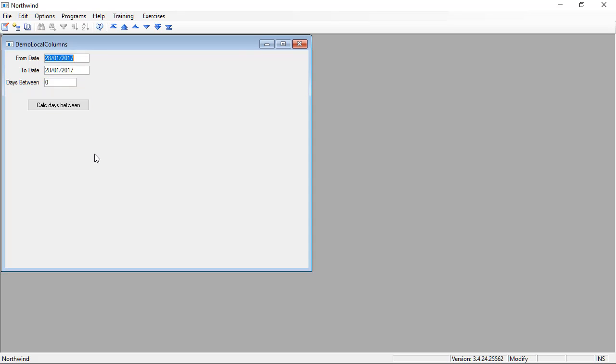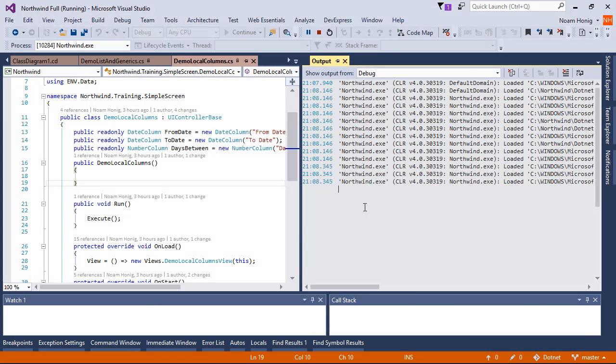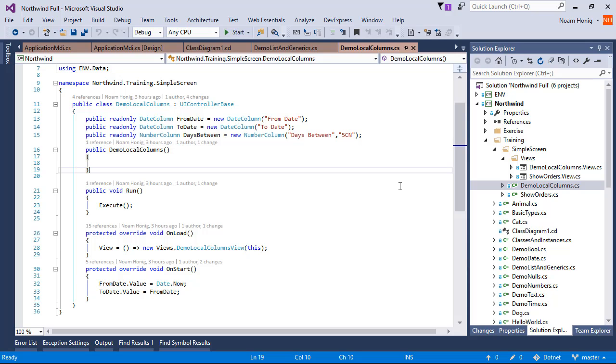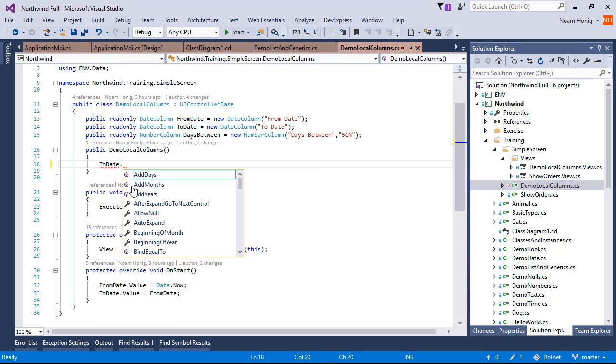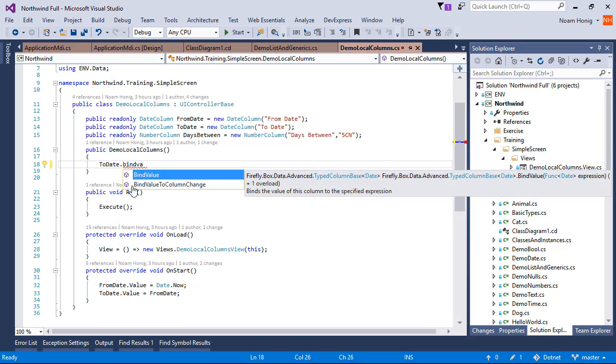But when we change the from date, let's say that we're changing it to, I don't know, January 1st, 2017, the toDate doesn't change automatically. Well, we want to have the toDate change to the from date, which means whenever we change the from date, we want the toDate to change accordingly. So just like when we are binding a property of a control, we are using the bind event, we'll use something similar here. What we want to say is that the toDate dot bind value, we want to bind the